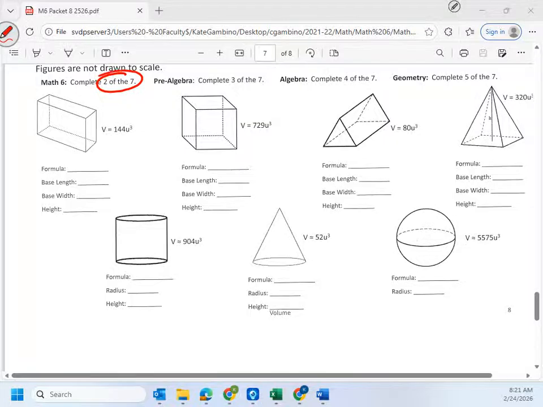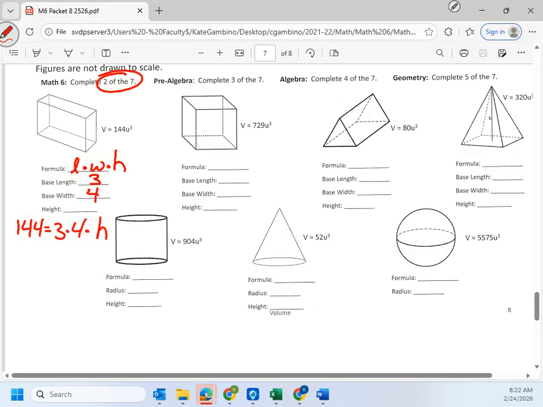So our rectangular prism for the volume is length times width times height. I'm gonna give us a couple of these measurements, and we need to figure out that third measurement. So you can put a 3 in for the length and a 4 in for the width. So if 3 times 4 is 12, and I know my volume is 144,